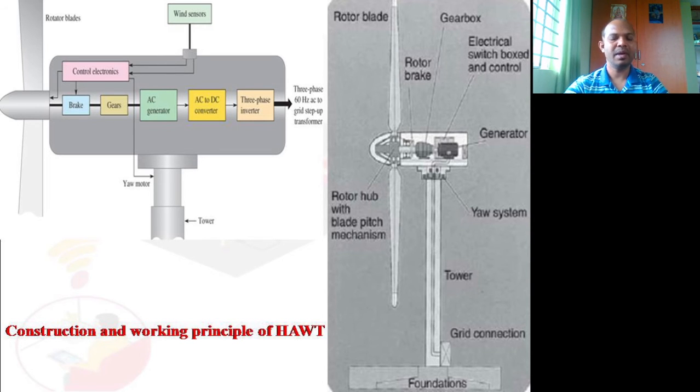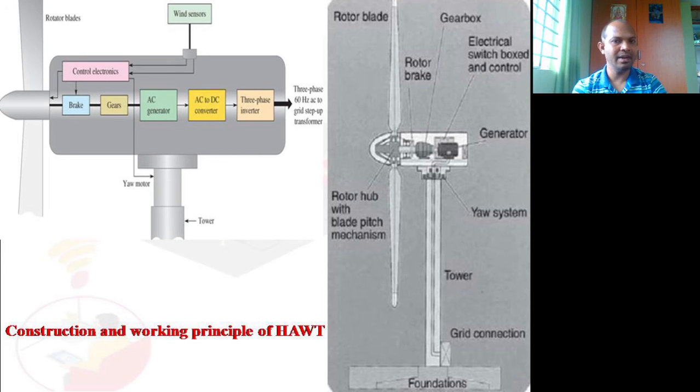Now, a typical turbine will always have a main shaft that transmits this rotation to the high speed shaft through a gearbox. A gearbox will always have a series of gear systems. A larger diameter gear is coupled with a smaller diameter gear, and this smaller gear will be coupled to the other one. So a series of gears will be coupled to a common shaft.